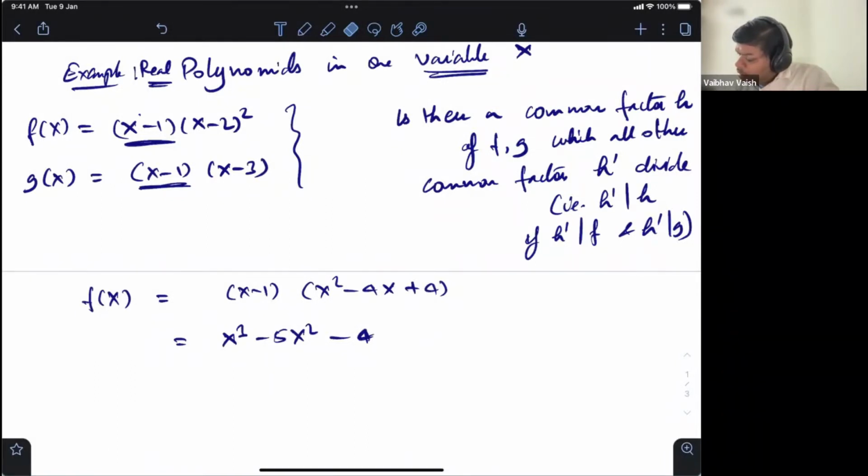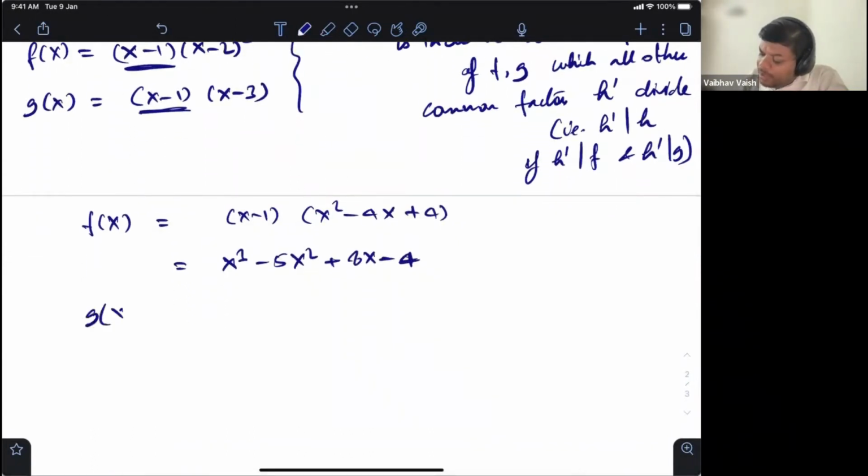x cube minus x square minus 4x square minus 5x square plus 8x minus 4. Okay, so this is one polynomial, and the other polynomial is g(x) equals x square minus 4x plus 3. Now, if I give you polynomials in this form, it will be very hard to write down